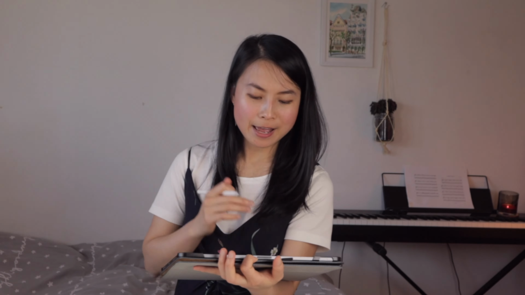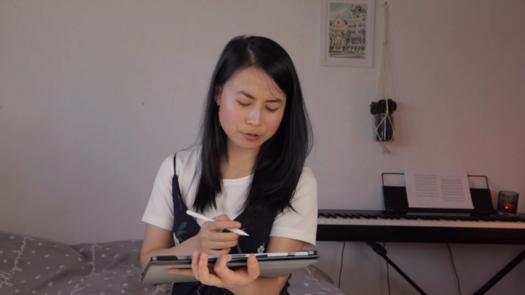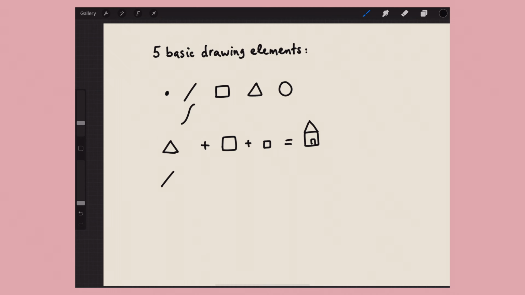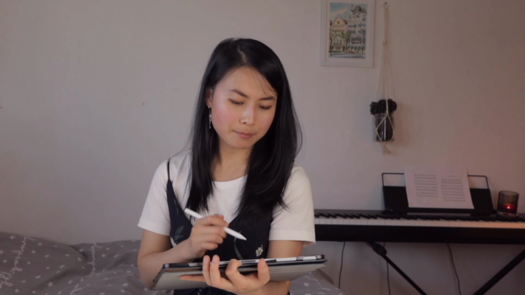It's that simple. And then let's say if you want to draw a pencil, then the pencil would be a combination of a rectangle and with a few lines, and then we have a triangle. Then we would have a pencil like this. Well, it's not that pretty, but you get the idea. So as you can see, you can break down any things that you want to draw down to these 5 basic elements. You can certainly draw things with your own style, and gradually you will create your own kind of